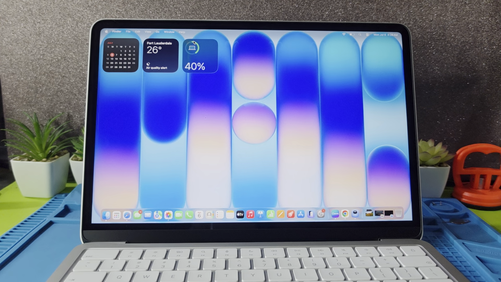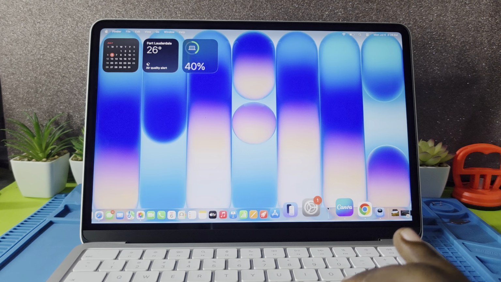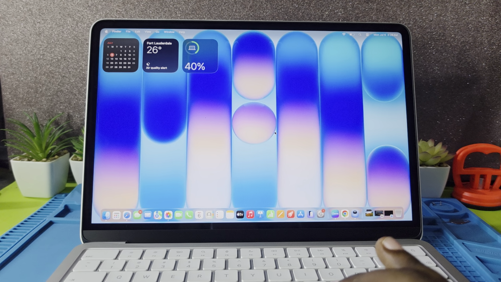And of course guys, today I have the MacBook Neo here and I'll be showing you how to change the appearance of the icons on your desktop. Now of course, as you can see here, the icons are normal and these are the default look, and I'll be showing you how to change the appearance of how they actually look to match the layout of the